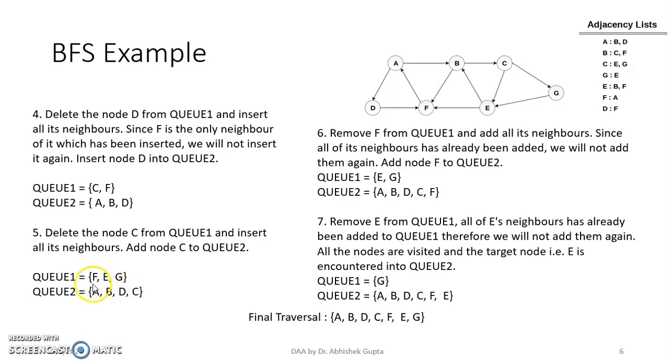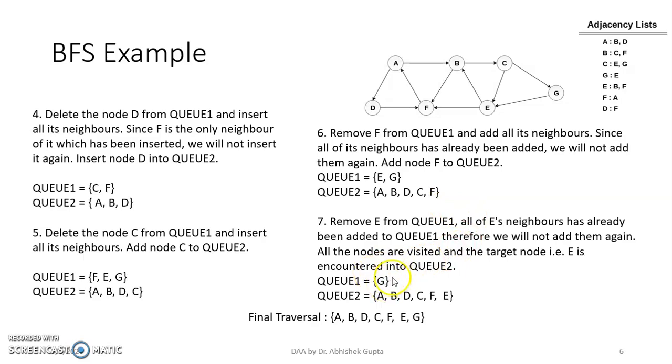So similarly here also, if we process F, the adjacent one is A, right? So we may add A over here, but we have to note that A has already been processed, so no need to write it. Only F will be deleted from here and added to Q2. And here now E is there, so adjacent items are B and F, right? B and F are already processed, so that's why no need to add, and E will be deleted from Q1 and added to Q2.